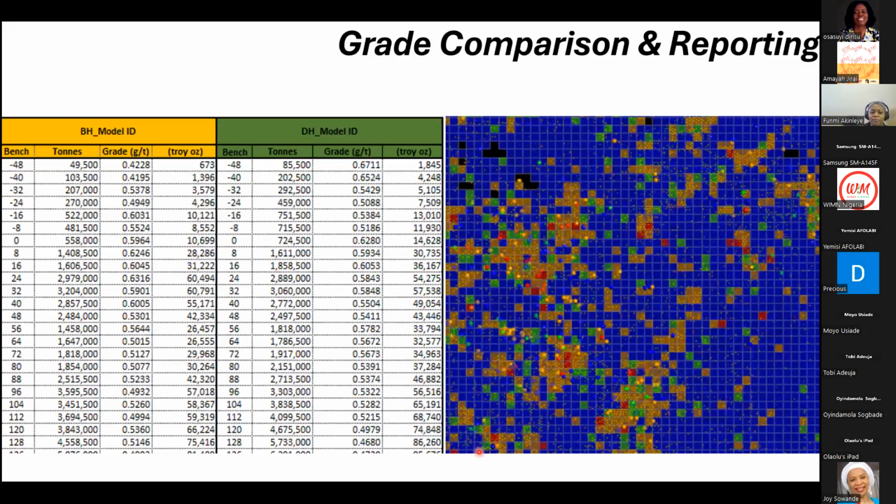We compare the value of what is actually being recovered to what was expected. So what we plan in the block in the drill hole model to what is actually in the mine, to see if we are doing a good job or if we are going lower, just so that we are sure that we are on the right track. If we are going higher or lower than expected, we can change what we do or just look for another area to mine.